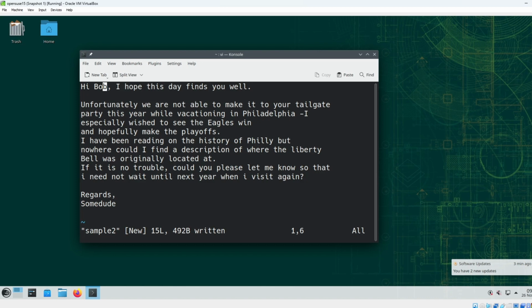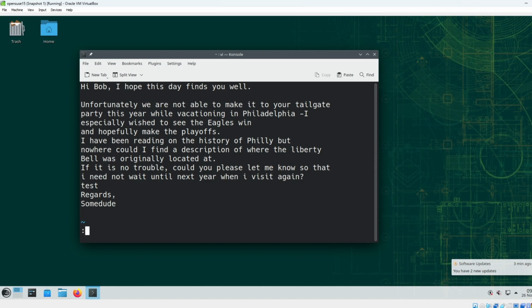So now we're on a new document called sample2, taken from the first document. The first document will say "hi there." This new document says "hi Bob." I had to go in insert mode again here. I guess we could do this anywhere, but I'll just pick an empty spot here and write the word test. And we're going to escape,